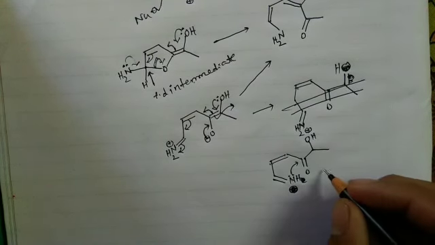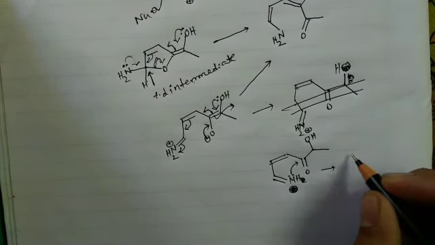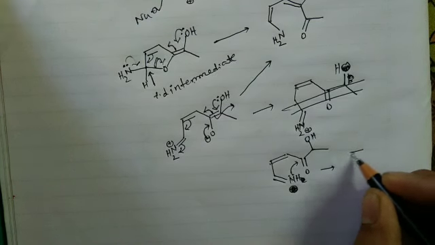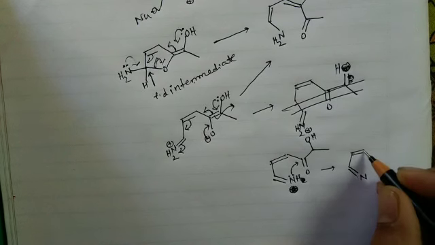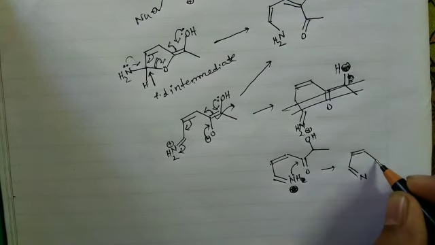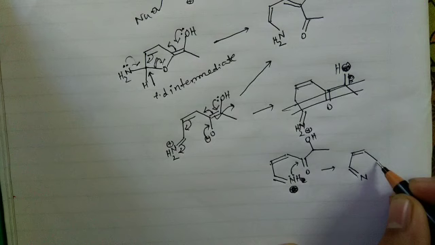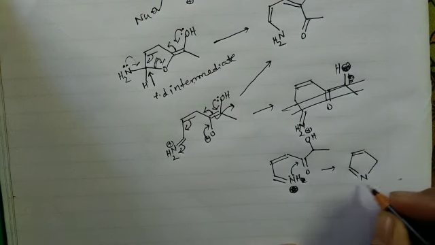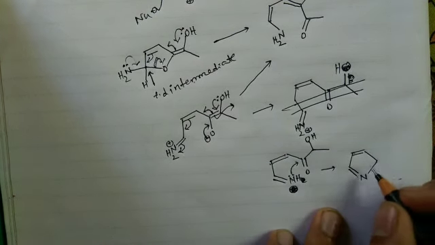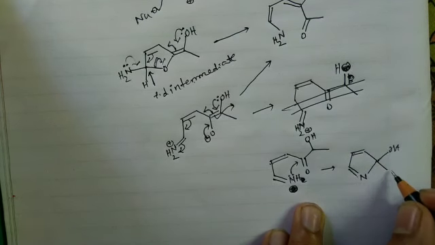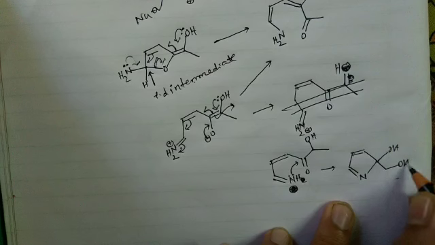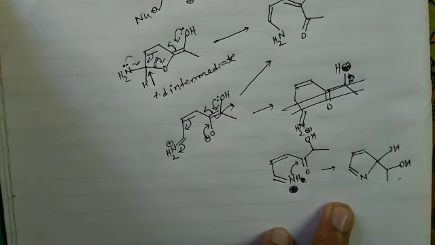But finally it can go to the neutral form, and here you have this OH, this OH and this. So this is one thing which can happen,